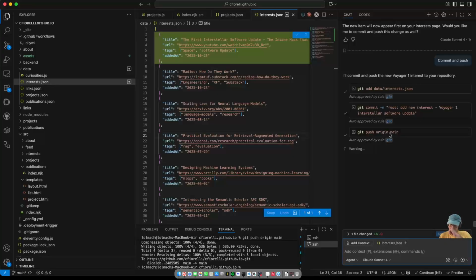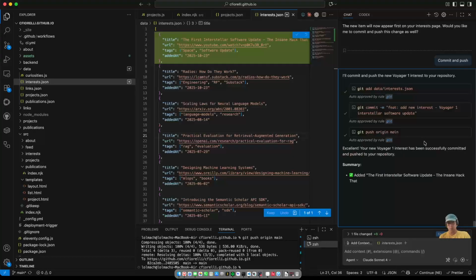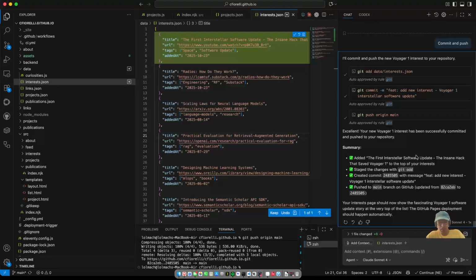There's the final command, pushing to origin main, which refers to, I don't know, the file. It refers to the version, like the root version or whatever that the website's going to look at. I mean, great example of like you can ask it questions like, what is origin main? Or